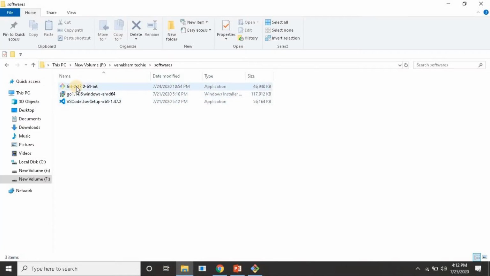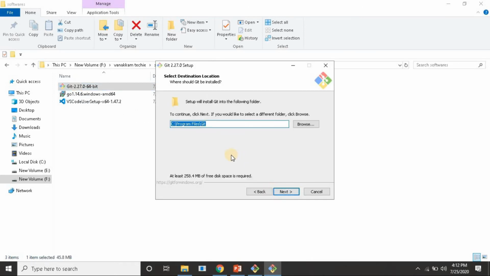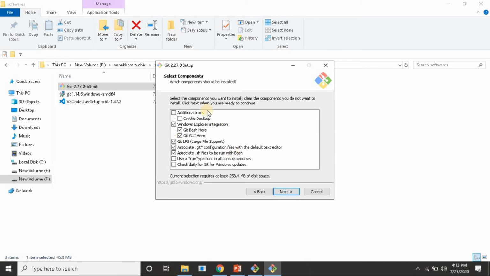So this is that file. I'm just double clicking this file. Okay. Then click the next button. Here you can see the path where you want to install Git Bash. If you are fine with this path, you can skip this step and select the next button. Keep the default selection. We need not make any changes here because we want Git Bash and Git GUI also. Git GUI will be useful for committing and pushing your changes to your Git repository. So it's fine to select both Git Bash and Git GUI.